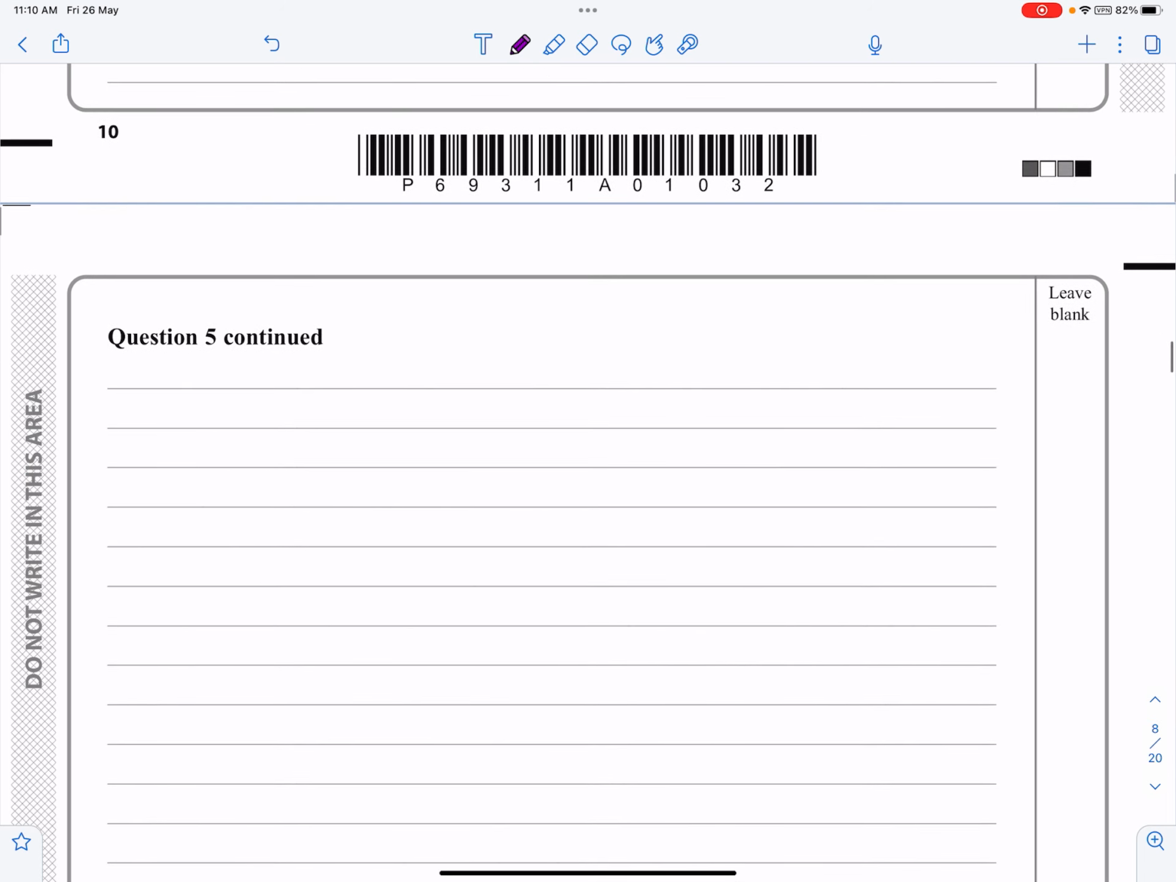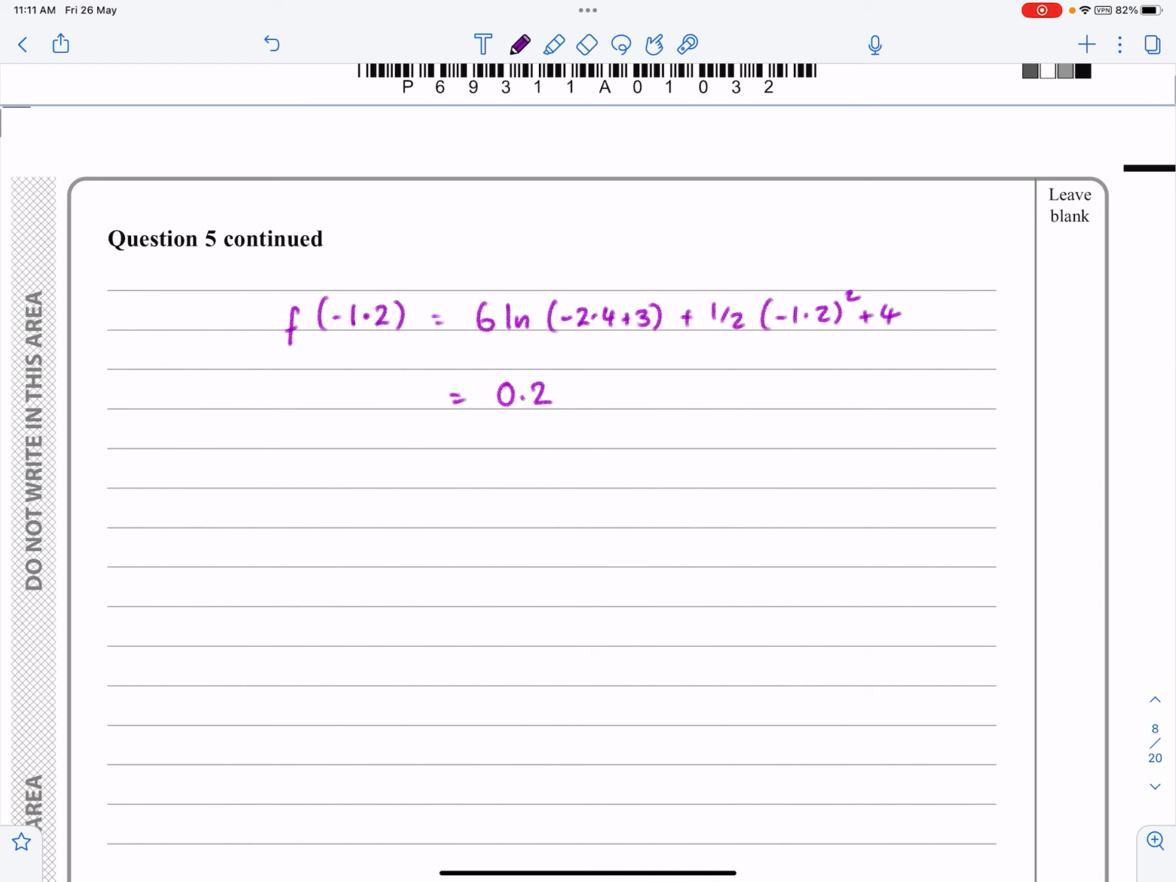I'm now going to do the same thing down here and do f of minus 1.2. So that's 6 log of minus 2.4 plus 3, minus a half of minus 1.2 squared, plus 4, and again chuck all that into the calculator and it comes out to be 0.2. Now I'm very fussy about what I write next, so let's write this down while I'm talking to you. So since there has been a sign change,